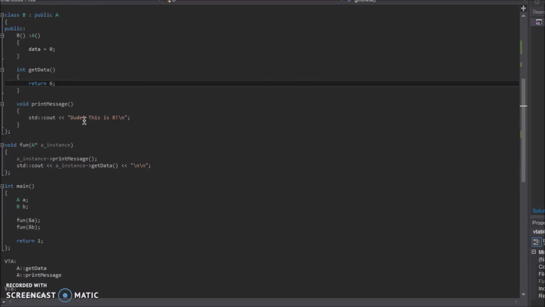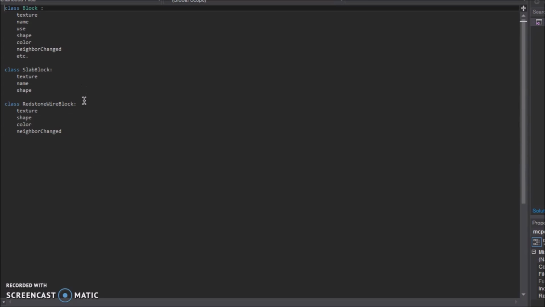So now, if we look in the case of MCPE, this is just an example of how MCPE uses vtables. For things like blocks, here's the base block class, and basically the block vtable gives blocks all kinds of their properties and their features and their functions. This is not actually what the vtable looks like, but this is just an example. The block vtable will have things such as